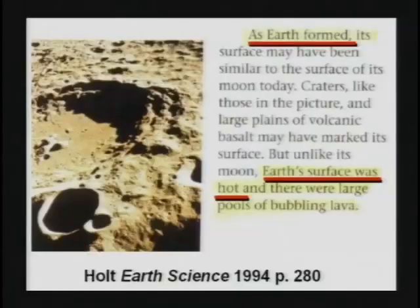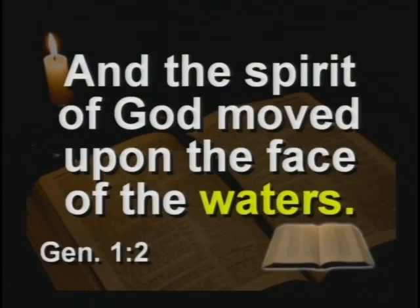Next question. The textbooks often teach the Earth was a hot molten mass. This earth science book says, as the Earth formed, it was hot and there were large pools of bubbling lava. Well, now the Bible says in Genesis chapter 1 that the Spirit of God moved upon the face of the waters. So, was the Earth a hot molten mass and it slowly cooled down over billions of years, or was